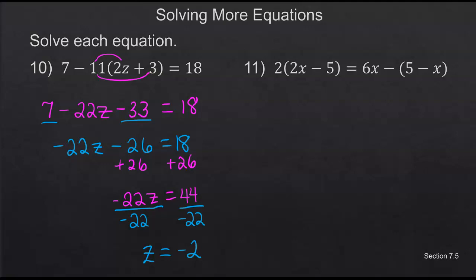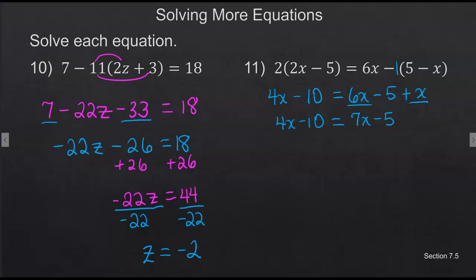All right, on this next one, we're going to distribute a 2, so 2 times 2x, 2 times negative 5. And then this is 6x minus 5x minus 1. That's like multiplying through by a negative 1. So that would be negative 5 plus x. And then we need to simplify because we do have like terms on this side. We will have 7x